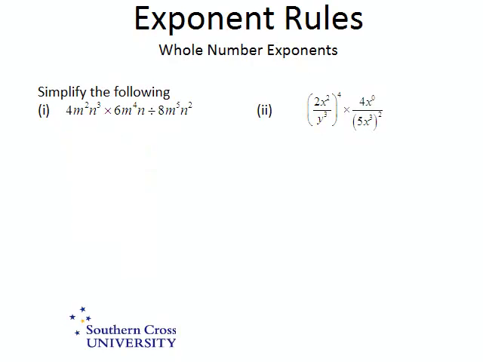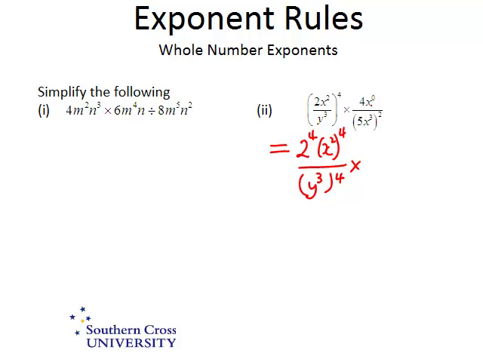Now, on to question 2. We have 2x squared over y cubed all to the power of 4 times 4x to the power of 0 over 5x cubed all squared. So let's get rid of some of these brackets. So that becomes 2 to the 4 x squared to the power of 4 over y cubed to the power of 4